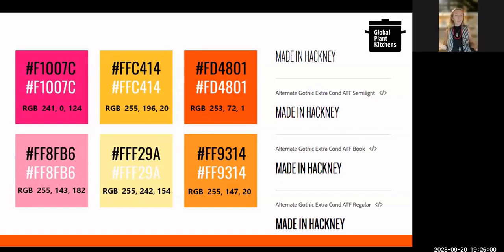So, yes, it worked for the aprons, but it wasn't really working for our color palette. You'll also see on the right-hand side of the slide the font that we use for the Made in Hackney logo. It's really important to have a signature font and to know what font your text is done in in your logo, so that other designers can replicate it and so that you have something that's called